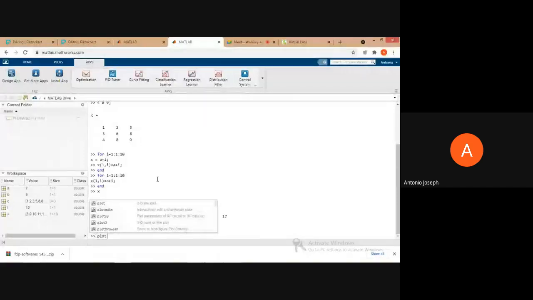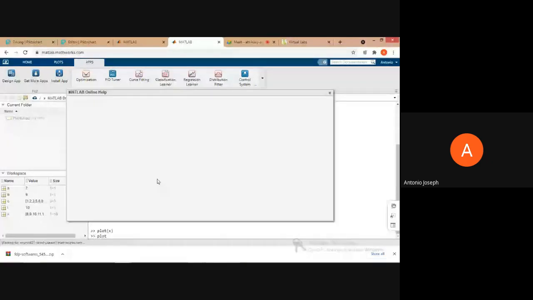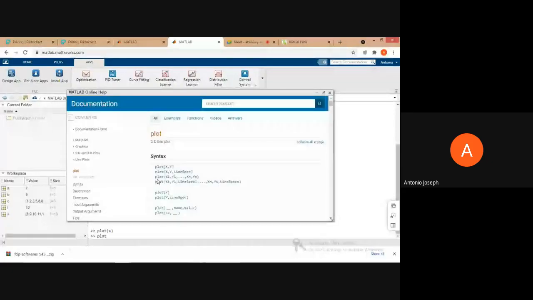It will provide the help menu, and it will show what sort of examples are there, and what commands we can use in the plot command, etc. So with the examples we can see. That's the beauty of this.